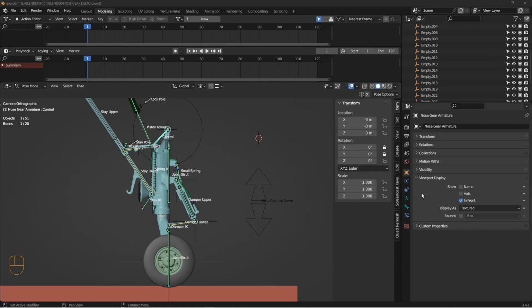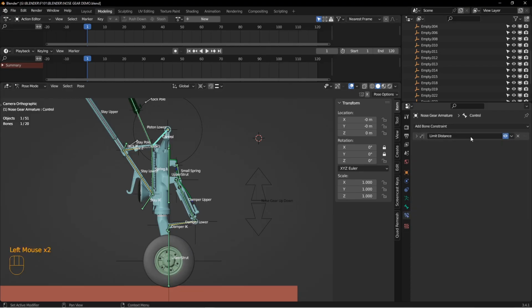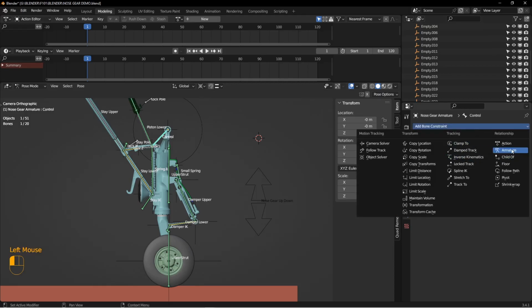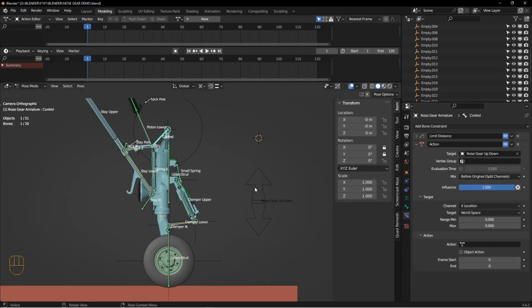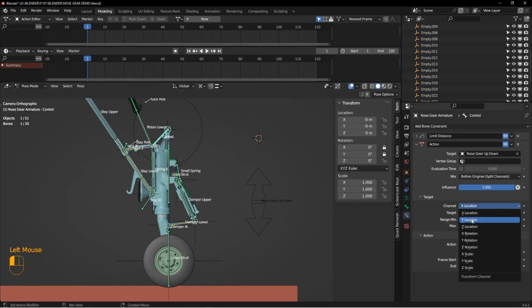All right, next thing we want to do is add an action constraint to this bone. So if we go over here to our bone constraints, right? Remember, this is a bone constraint. We want to go over here and we're going to look for action. The target of the action is going to be our widget, this guy, right? And that movement of this is going to activate this action. We don't need a vertex group. This is fine. We want to use the Z location, so the vertical location of our widget, so Z location,